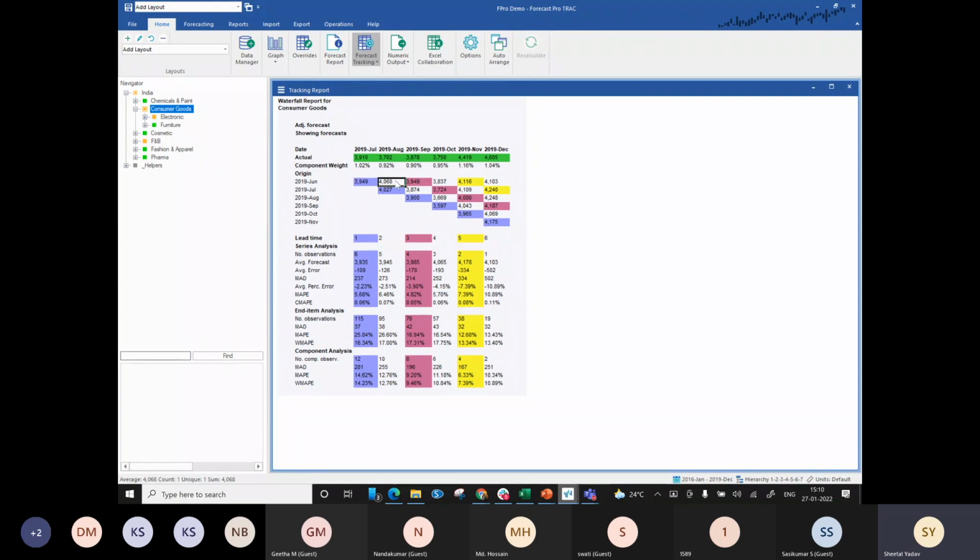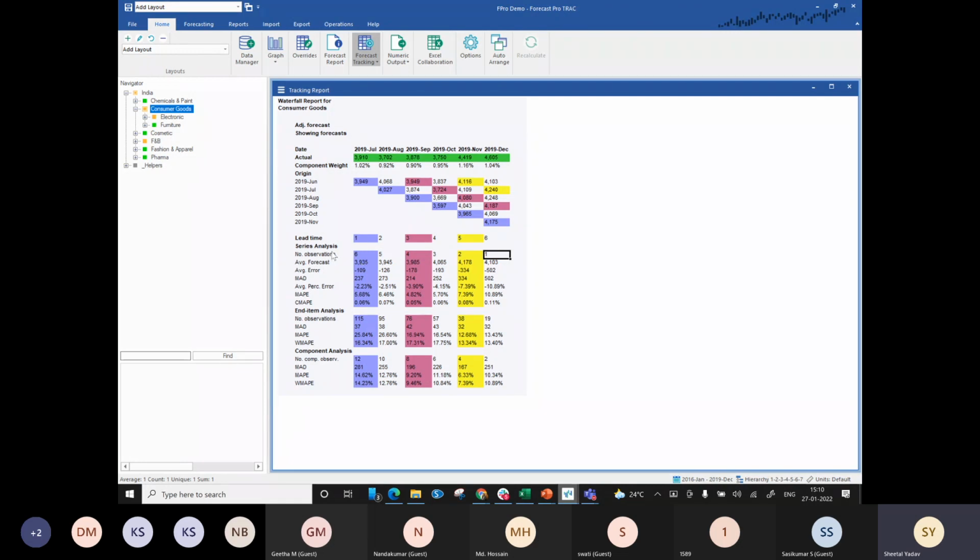So how many observations do I have over here? I have 1, 2, 3, 4, 5. I have 5 observations with lead time 2, and that's what you can see over here. For lead time 1, I had 6 observations, because these are the 6 months that I was forecasting. Similarly, as we move forward, these are the months that we are looking at, and the number of observations keeps going down. So that's what the number of observations on this screen represents with respect to my lead time.